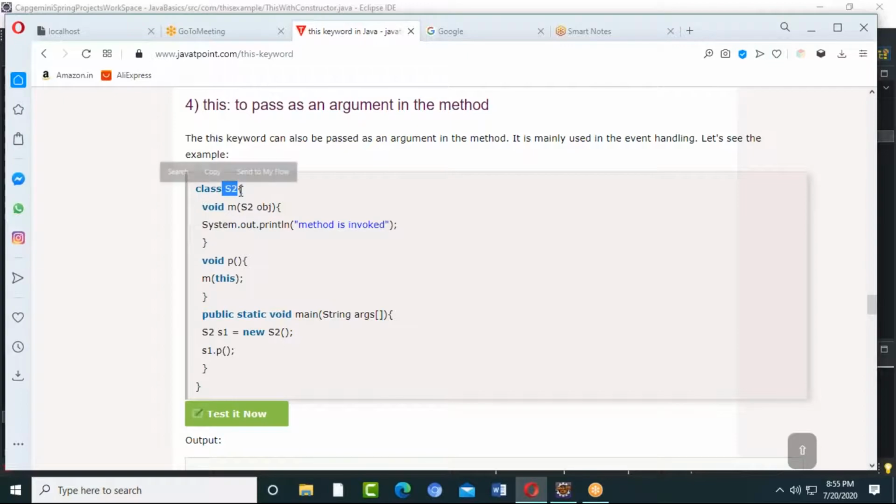Suppose we have a class. Sometimes this class variable, I need to pass it to a method. Not here he's passing, but in some other classes we will be passing. Here he has shown it in the same example, but there are some dependencies. If you want the functionality of any other class, basically you either extend it or you create an object. When you are creating an object, that is called tight coupling. When you are extending a class, that is called loose coupling.